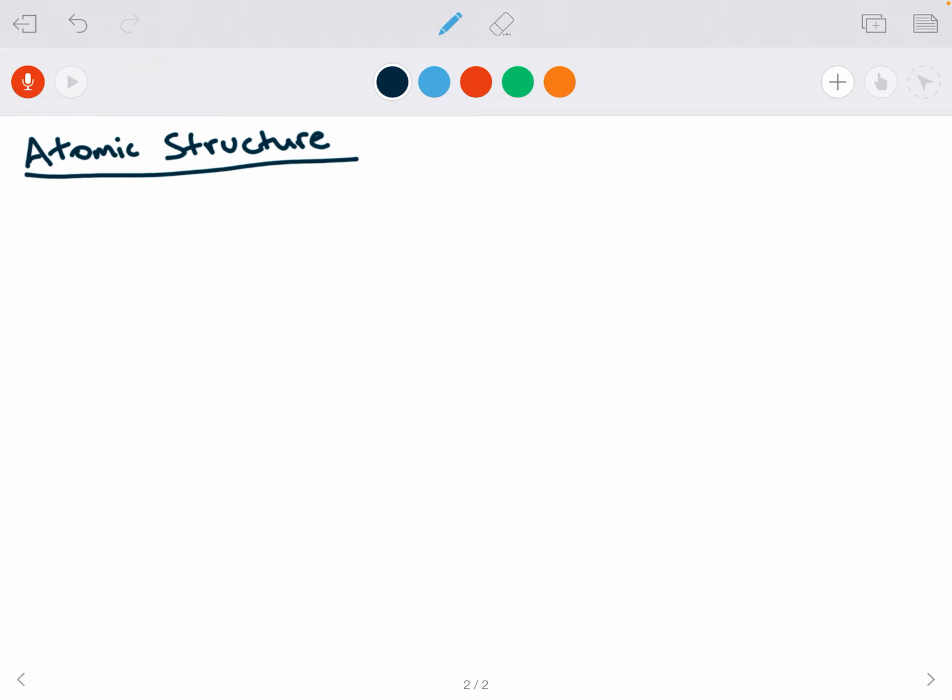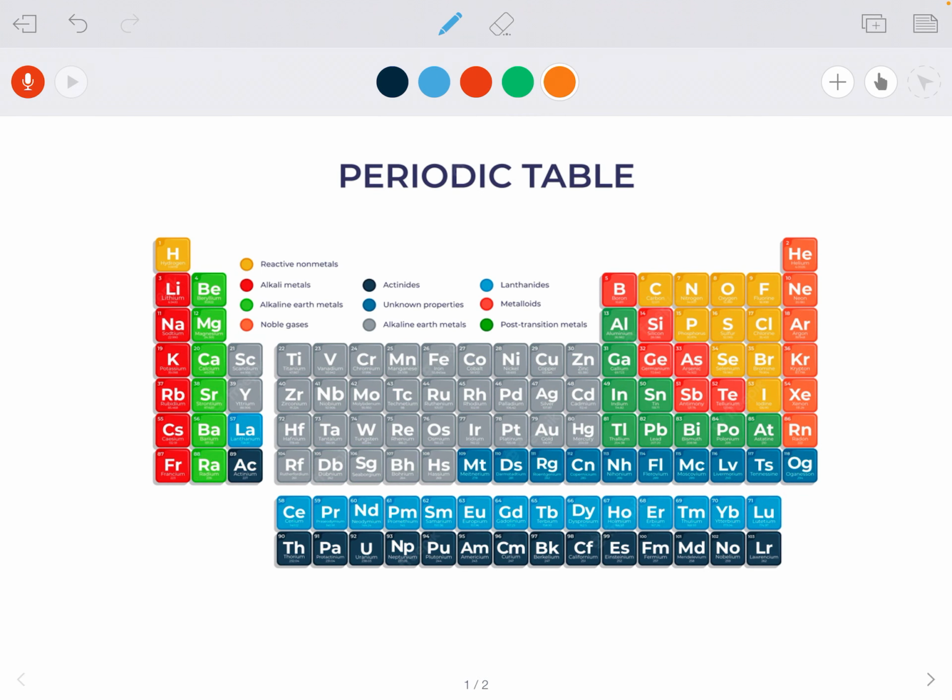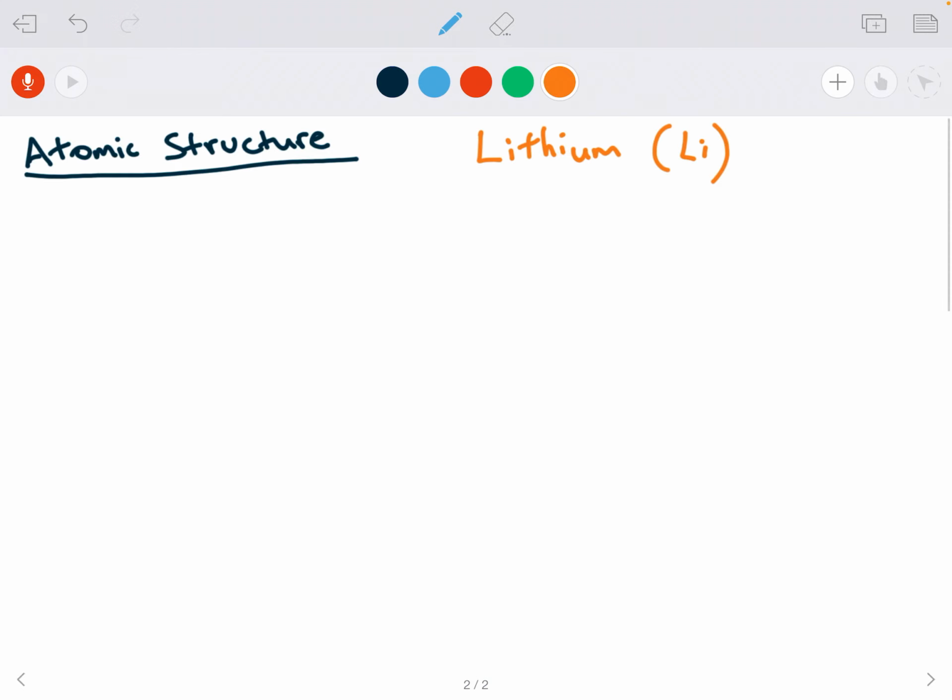So I'm going to use the lithium atom as the example here. So lithium, abbreviated Li. If you look at the periodic table, lithium is right there on the table, atomic number of 3. And I'll talk in a minute about what atomic number means. First off, for lithium here,